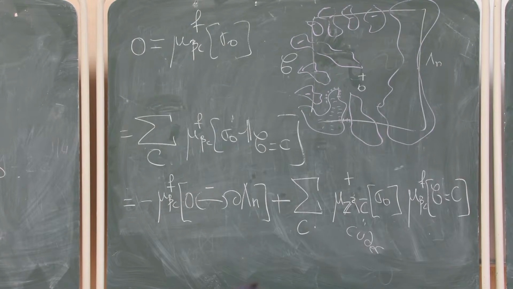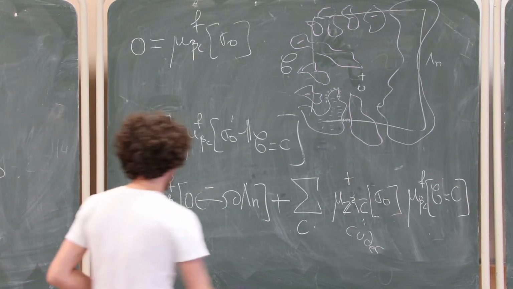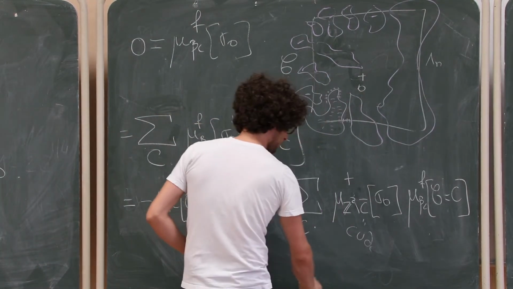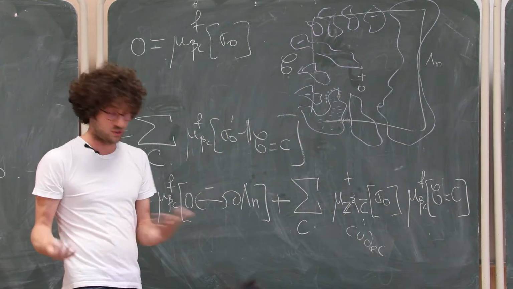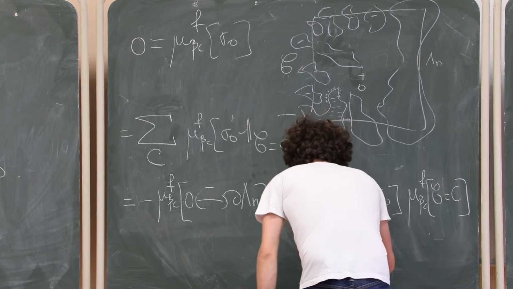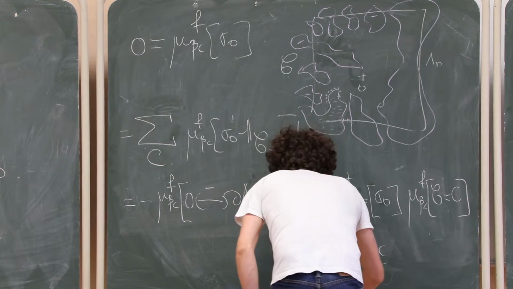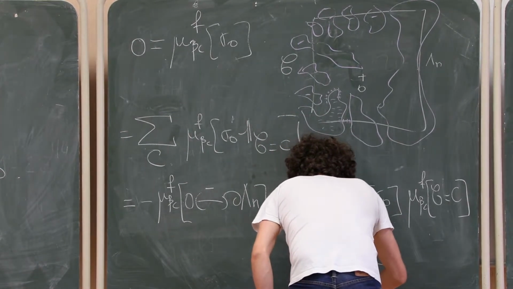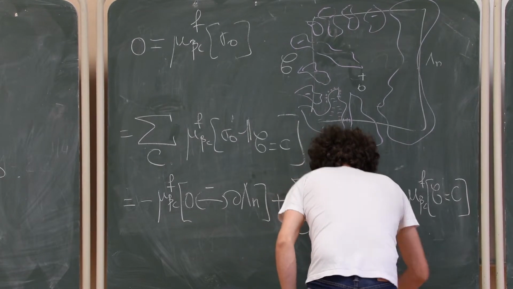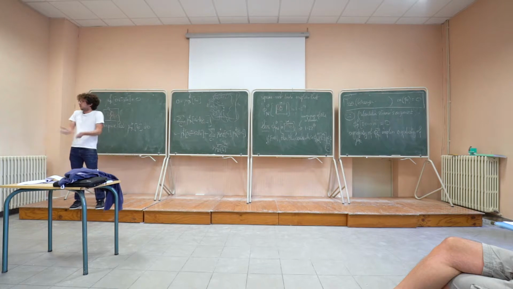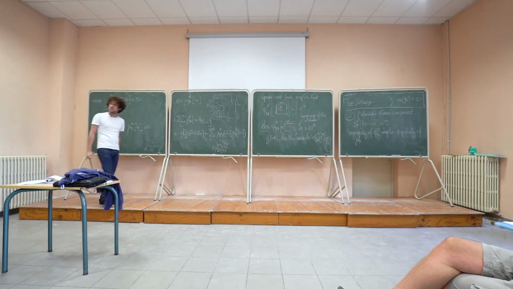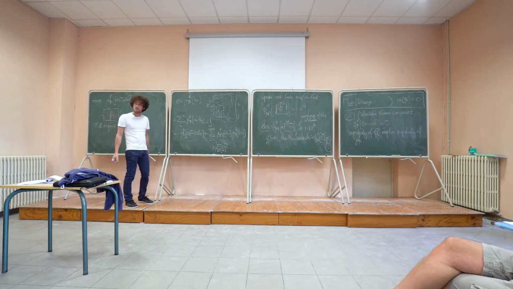What am I doing? No, sorry. That's not what I want to be doing. I don't want to say it's positive. I want to say it's larger or equal to mu plus Z2 sigma 0. I could bound it by 0, but it's a little bit stupid. I could just bound it by the magnetization at infinity by monotonicity. Okay?